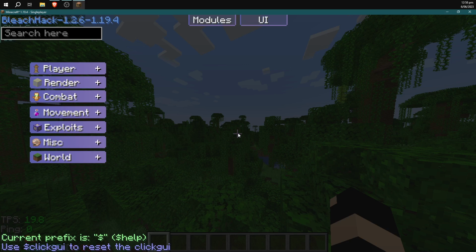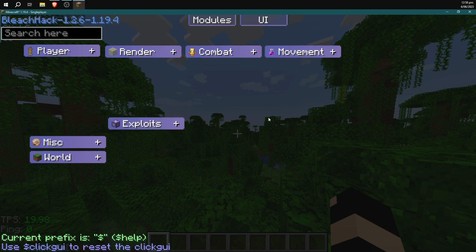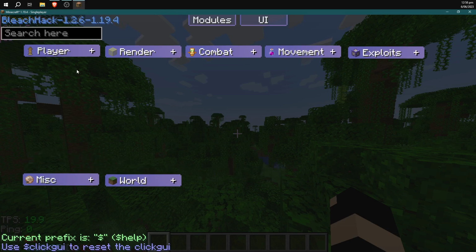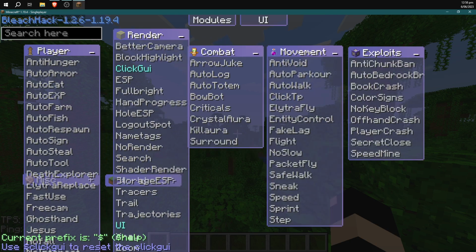The right shift button will open the hacks menu, and you might be wondering why you can't click on any of these. You can click on them, but you have to right click to open the modules. So the first thing you're probably going to want to do is just spread these modules out a bit so that you can see everything clearly. So I'm just going to divide them a little bit, and then we can right click on all of them,